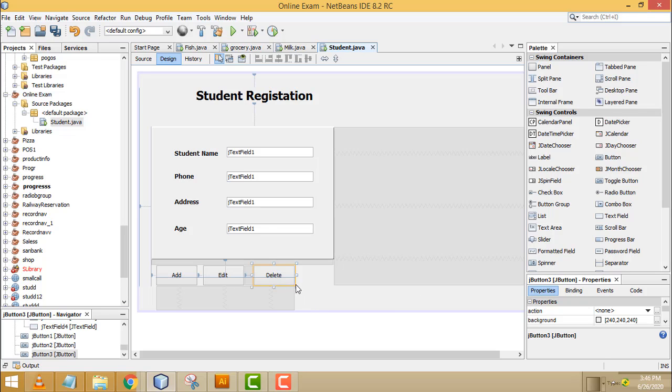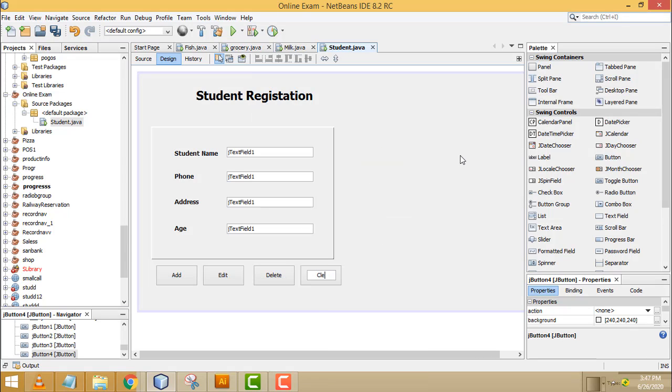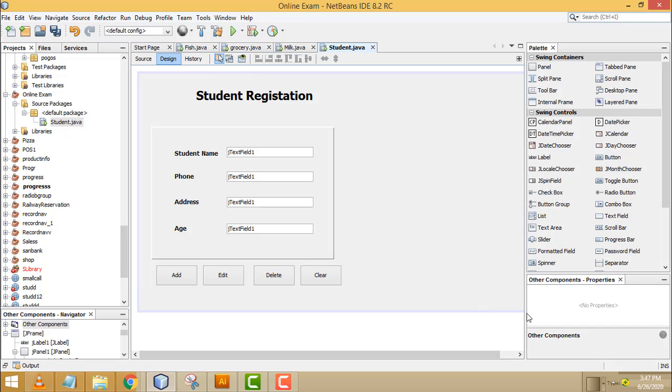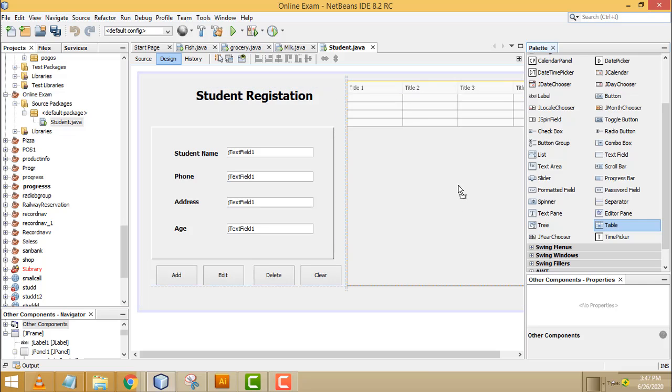We need another button, Control C to copy, Control V. This is the Clear button. Now we have to drag the JTable. This one is the JTable, so drag it here.